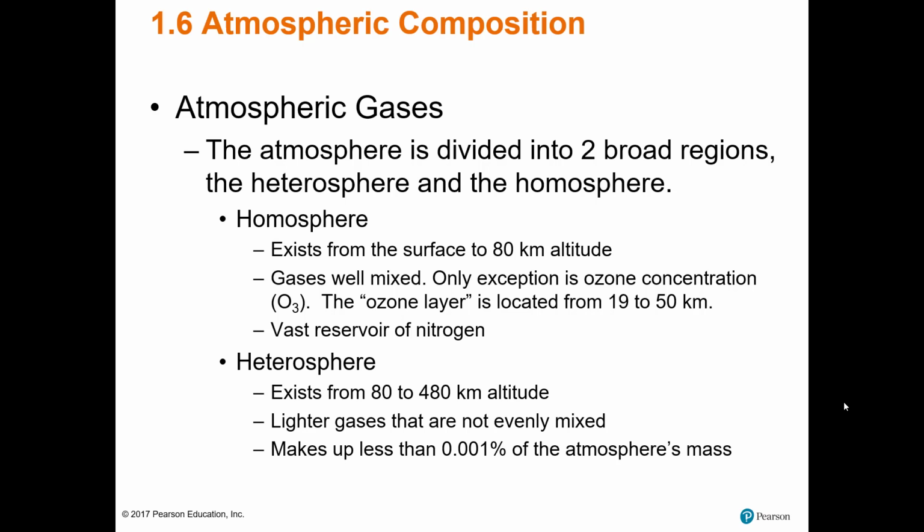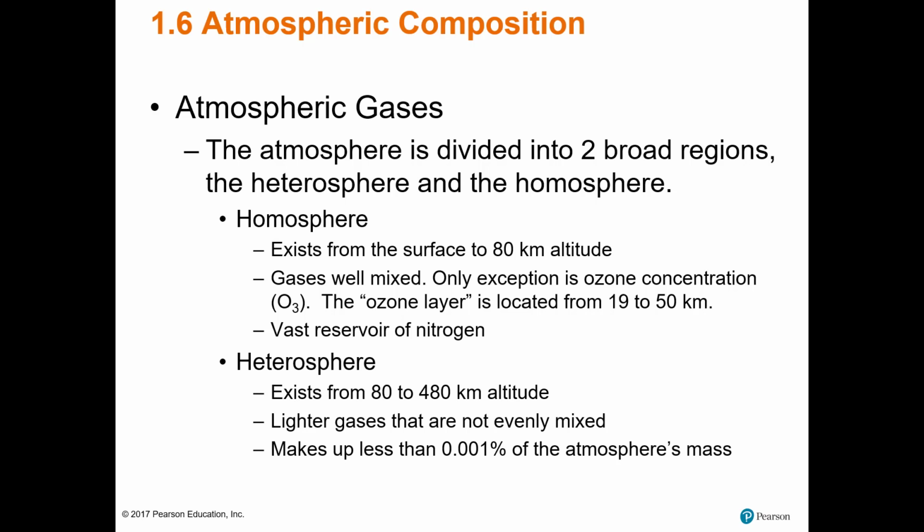So atmosphere is divided into two broad regions when we talk about gas or composition. The homosphere goes from the surface to 80 kilometers. The gases are well mixed, and the only exception is ozone concentration. This ozone layer will vary in where it's located between 19 and 50 kilometers. It has a vast reservoir of nitrogen. The heterosphere is on top of the homosphere from 80 to 480 kilometer altitude, and they are lighter gases that are not evenly mixed. It makes up less than